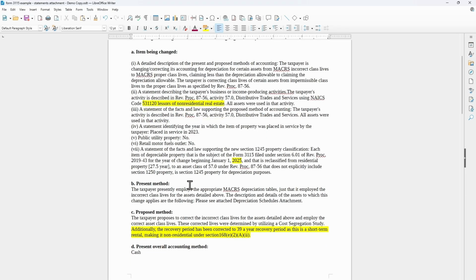It asks for the present method, and we have a statement describing that. It asks for the proposed method, and this is where we explain that we're applying a cost segregation study. This highlighted part in yellow is something that may apply to your situation, but I have it in here because it's pretty common. So what's going on here is if you have a rental property that's short term, so this is under that definition where it's less than 30 days, the depreciation method you have to use for the structure